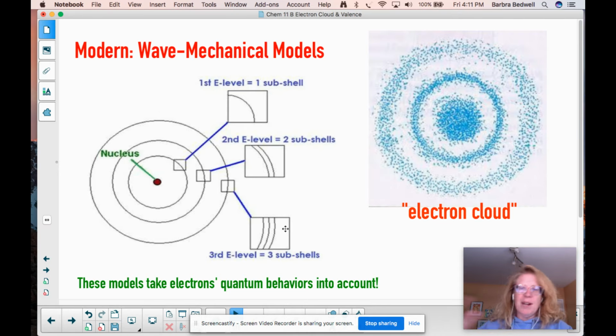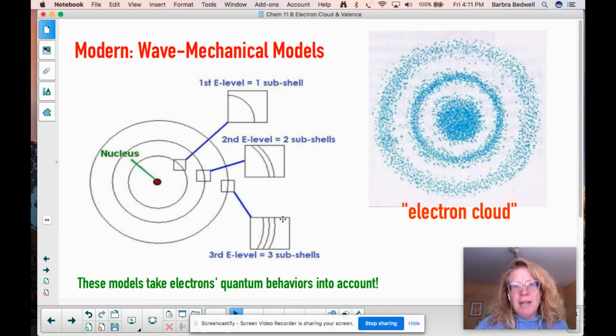It ends up looking like a record after a while, where there's just all these little grooves for all these little energy levels. And even that wasn't enough. We now know that these sublevels are broken down even further into things called orbitals, and that orbitals are broken down even further yet. So the more we know about the atom, in a sense, the less we know about it. And it's because these electrons are acting so crazy.